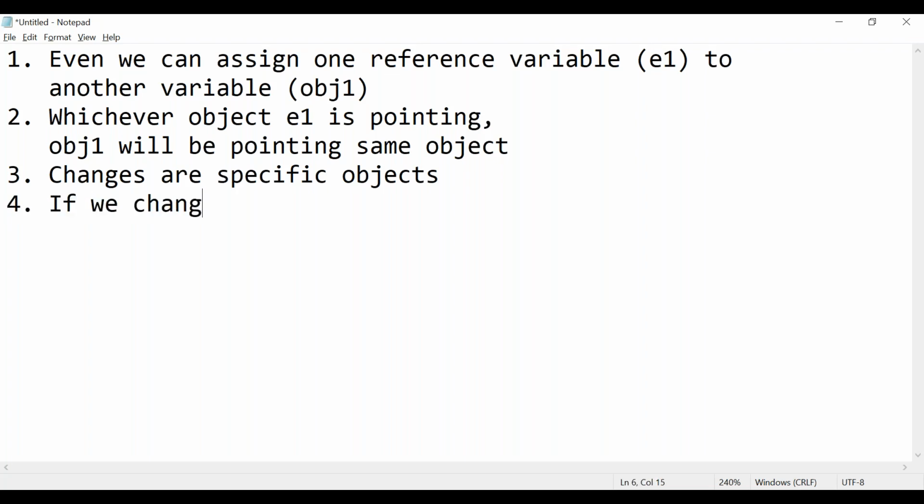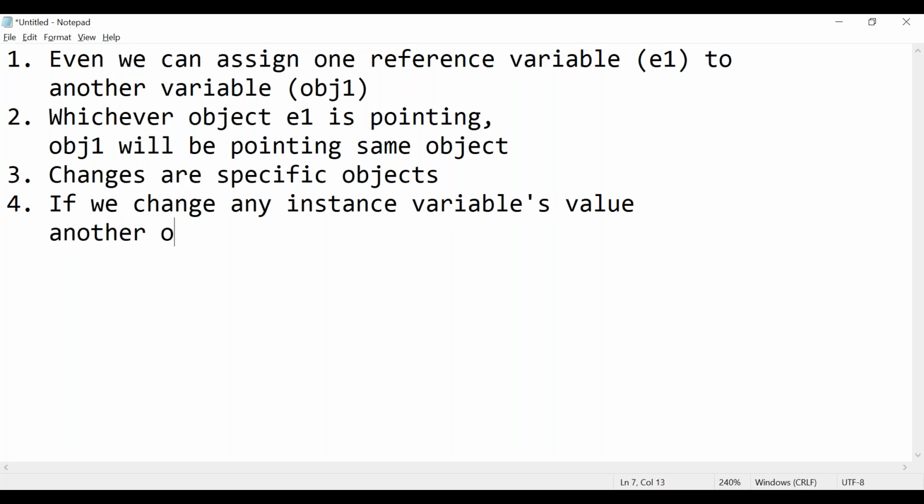If we change any instance variable's value, another object will not be affected because both are different, right? Another object's value will not be affected.